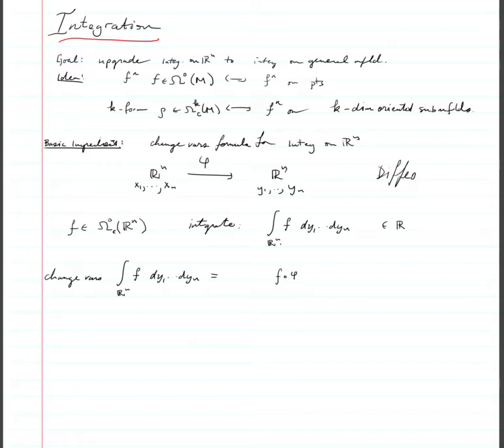This is the pullback function. So now I'm taking this function of y, and I'm just substituting the variables x in them. So I'm composing f with the change of variables. So now this is the pullback of f, and then I'm going to integrate in the dx's now,